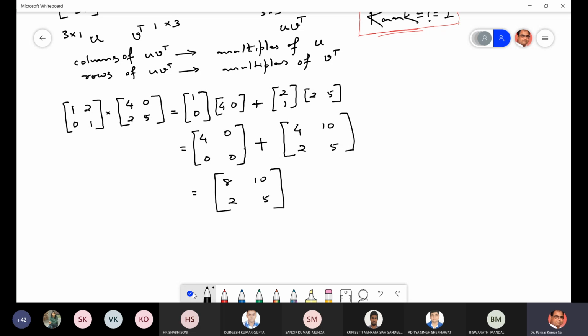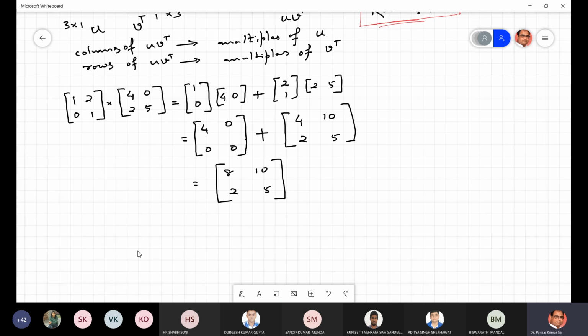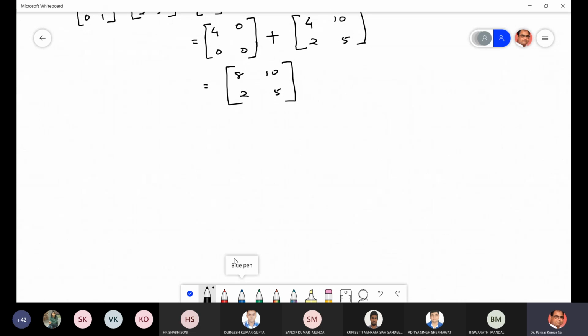But then if you see the number of multiplications and additions in both the cases, it is the same. If you say row times column, let me write it in this way. We have matrices like M and P.